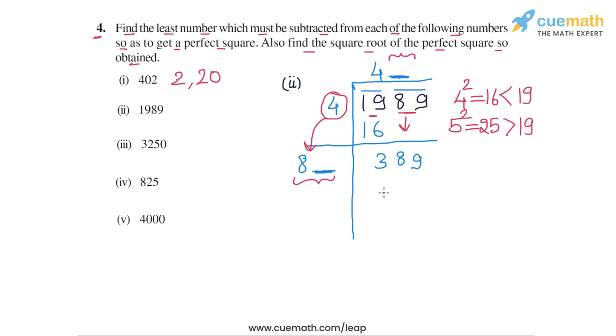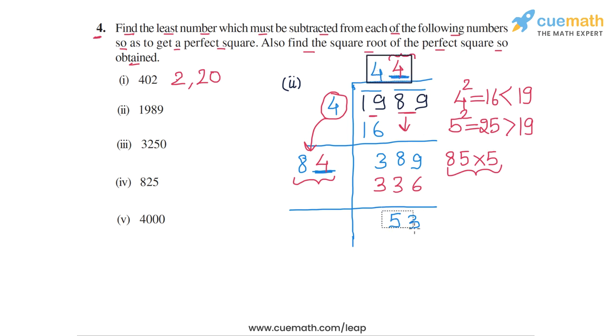389, and that largest digit is 4, because 84 into 4 will be equal to 336. But if you take the next digit 5, then you will find that 85 into 5 will become greater than 389. So you can't take 5, you will have to take 4. Now if you subtract 389 minus 336, it gives you 53, and now no more digits are left in the original number, so the division process stops at this point, and you have obtained a quotient of 44 and a remainder of 53.